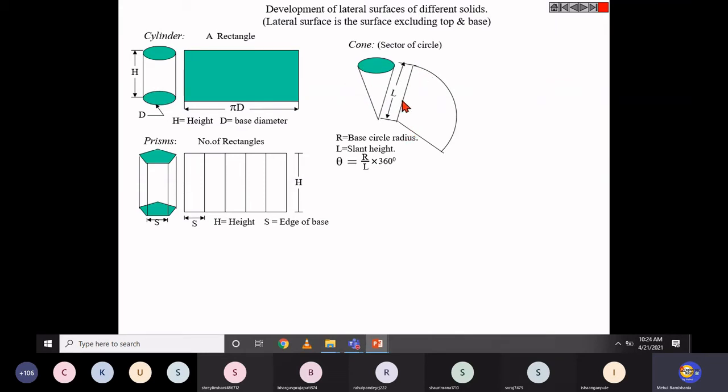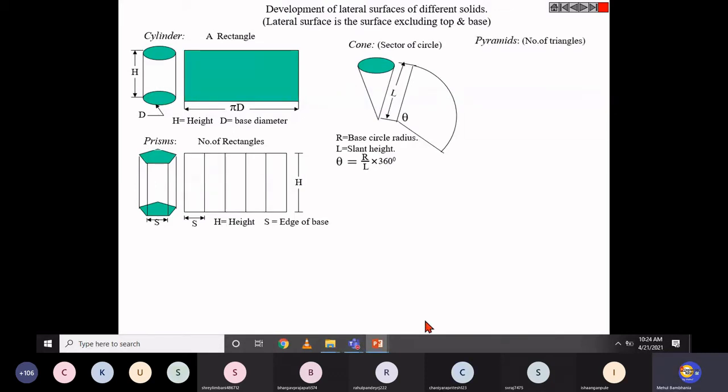Once you proceed for 120 degrees, mark that 120 degrees somewhere over here, then join that 120 degree location with this origin O point. So this entire surface will be treated as the developed surface for this particular cone with these particular dimensions.